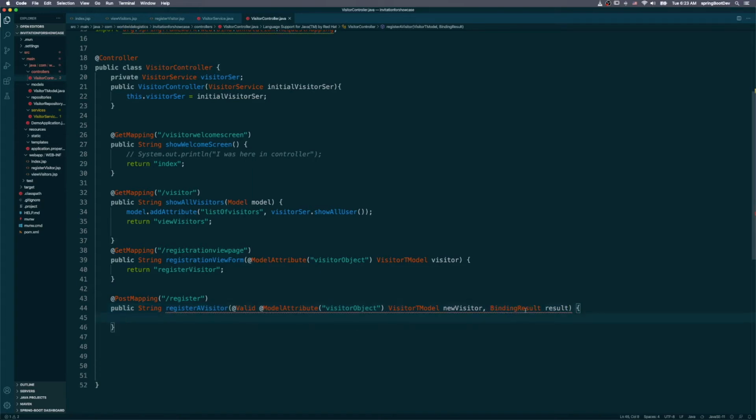You connect the page, render it, so if there is any error, it resets and shoots back. So you say if result returns an error, in this case, stay on the same visitor page, return